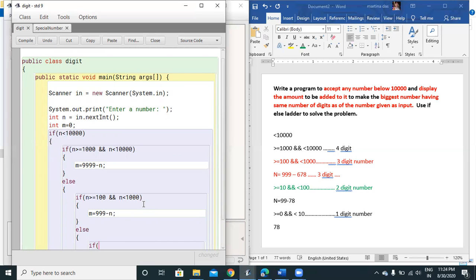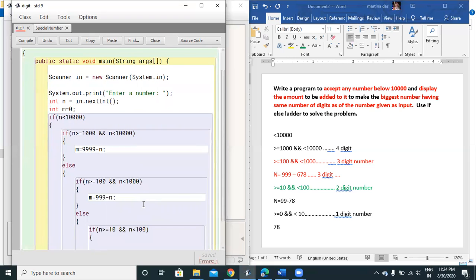So now I check for a 2-digit number. If n is greater than equals to 10 and n is less than 100, in the same way it goes on, m equals to 99 minus n.